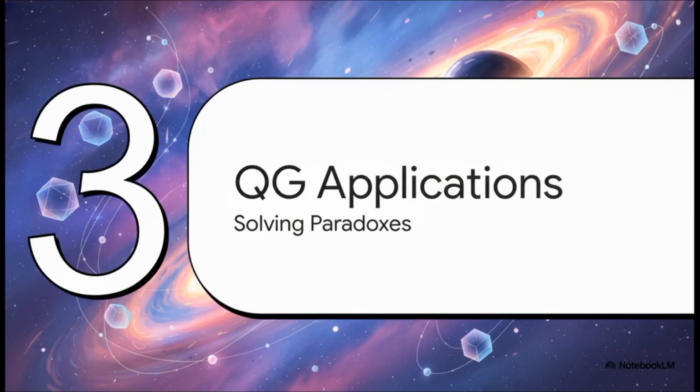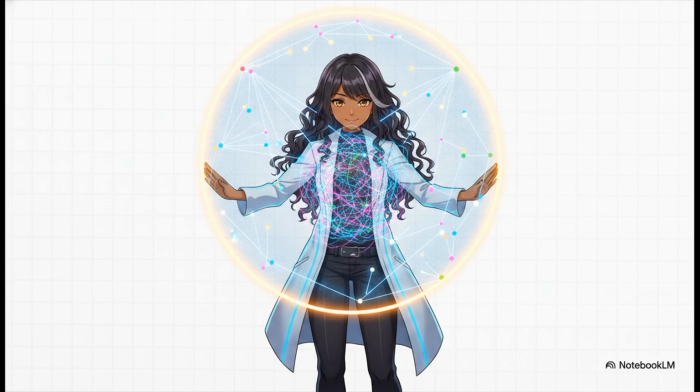Section 3. Quantum gravity applications. Solving black hole paradoxes. Let's look at the very first major payoff of this dictionary, starting over on the gravity side of the equation. Usually, in quantum field theory, physicists calculate probabilities using Feynman diagrams to map out point-particle interactions. But honestly, this really only works when those interactions are weak. String theory completely lacked a full non-perturbative definition for when strings were strongly interacting.